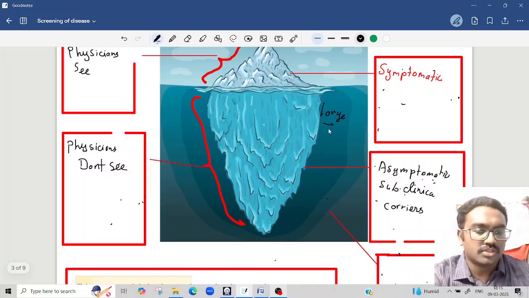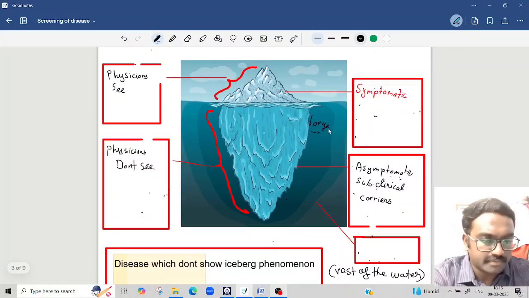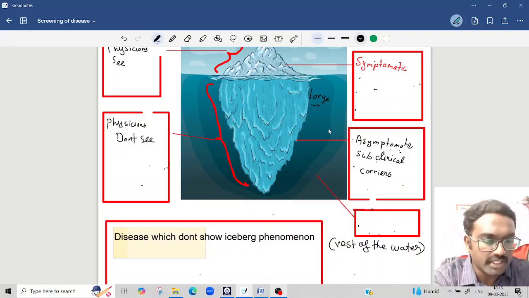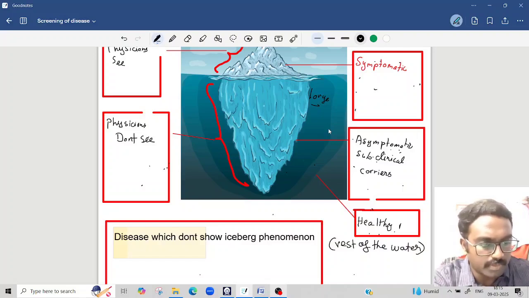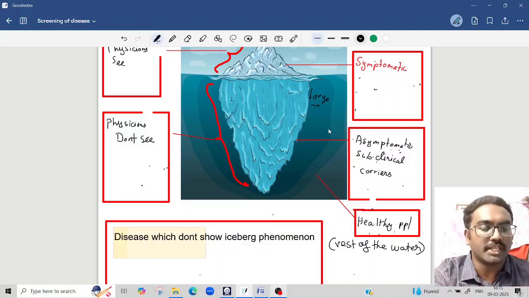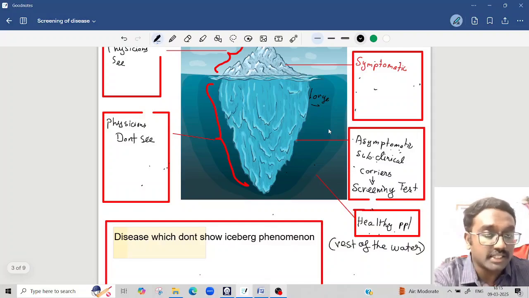So what do we have to do now? Our hidden part, this is our hidden part. They are hidden among the rest of the water. What will the rest of the water be? These are our healthy people. From these healthy people, we have to find out the asymptomatic people by a specific test called a screening test. It should be employed on all the people whom we may think of as healthy,